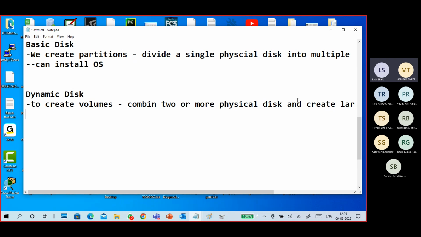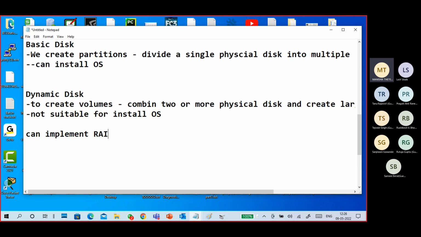What is a dynamic disk? We can combine multiple disks. Okay, so it is not suitable for installing an OS. It can implement RAID, like RAID volumes,